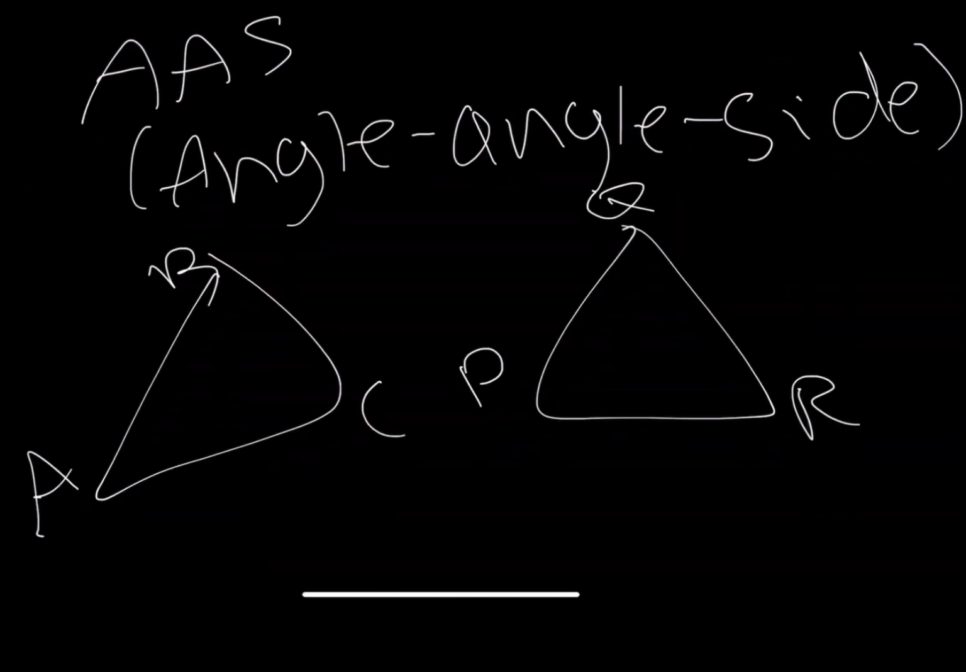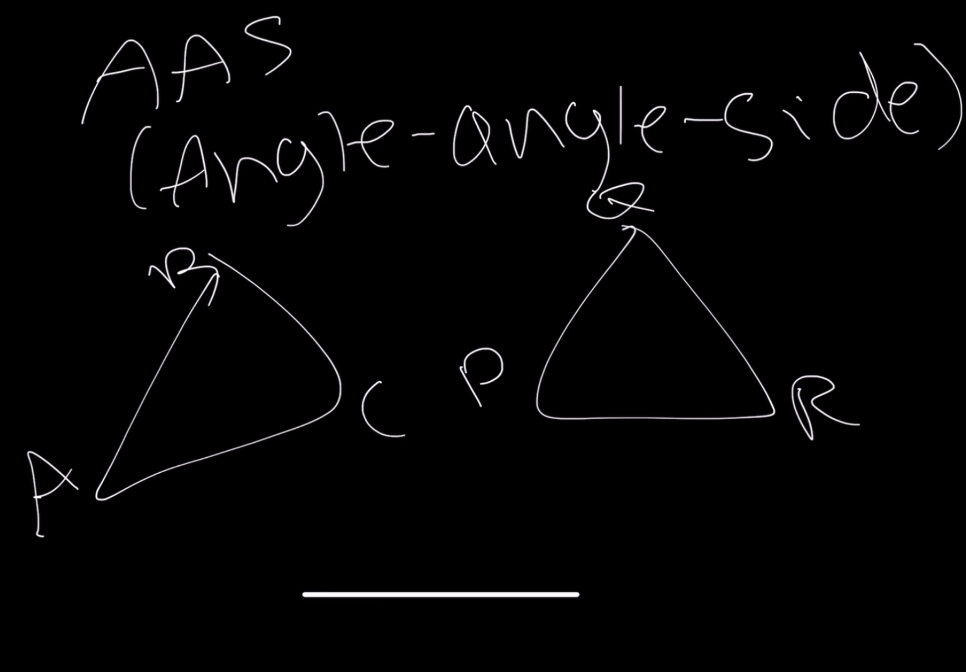Okay, next is AAS, the angle angle side congruence theorem. If two angles and a non-included side of one triangle are equal to the corresponding two angles and non-included side of another triangle, then the triangles are congruent. Since the sum of the triangle's interior angles is 180 degrees, knowing two angles automatically gives us the third angle. If two angles and any one corresponding side, not the included one, are equal, then the triangles must be